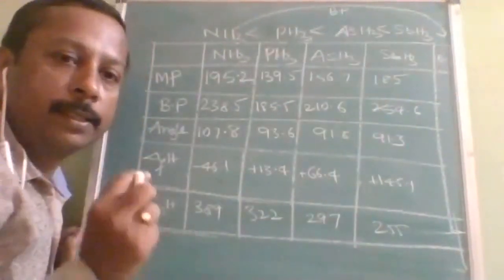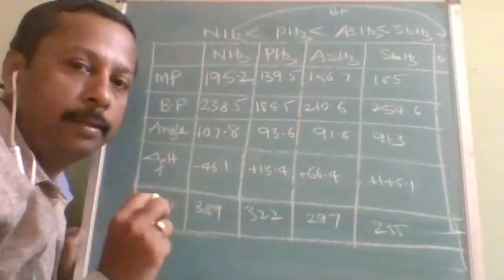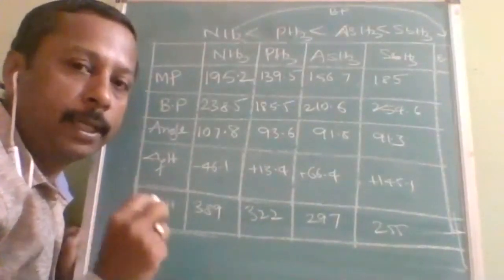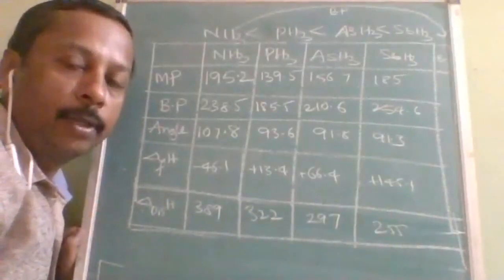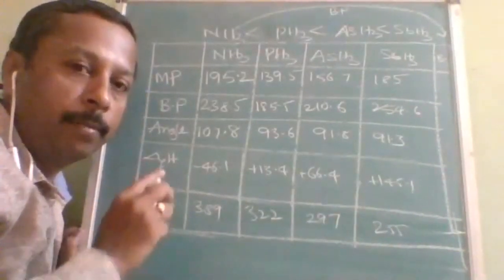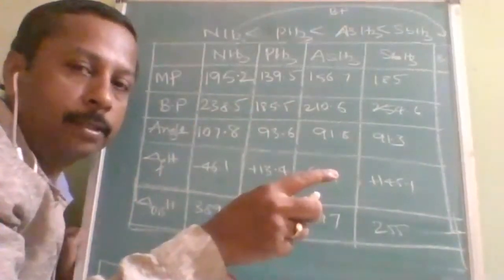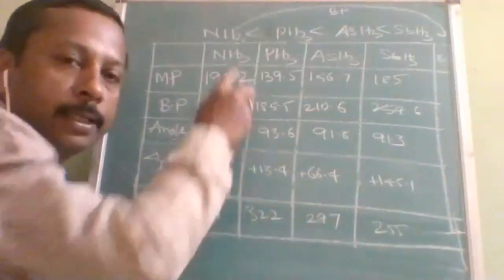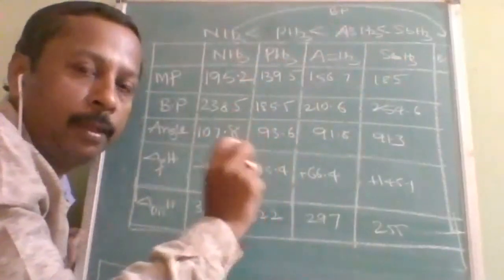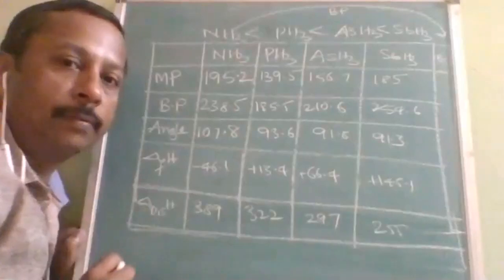If you remember that single point, all questions related to it, let it be increasing order, let it be decreasing order, let it be highest, lowest, second highest, second lowest, all can be answered simply with one point. What you should remember: ammonia jumps to the highest value from the lowest. It takes a maximum jump, from the lowest to highest. That point is sufficient. I can guarantee you will be able to answer all questions of the,